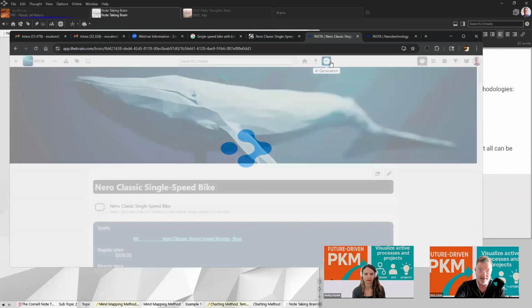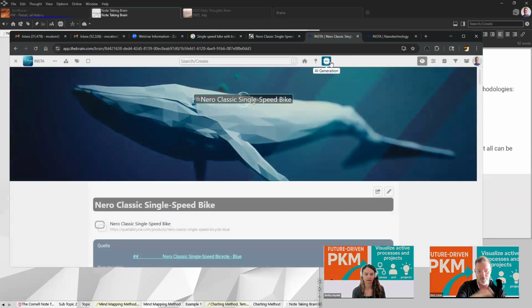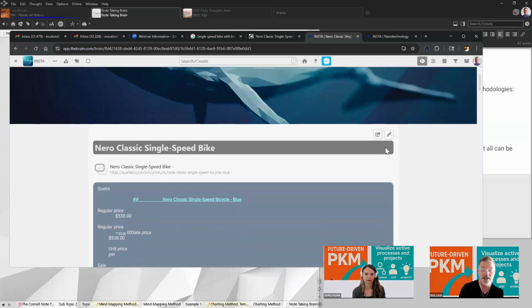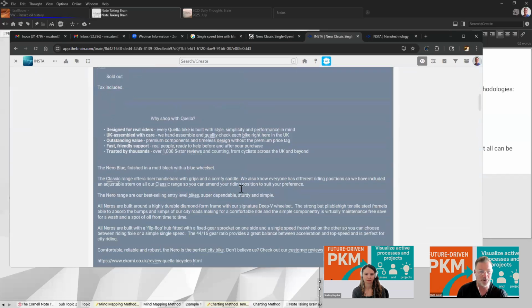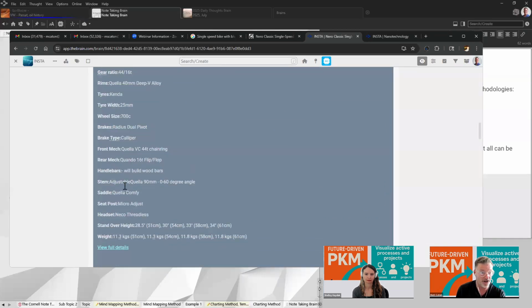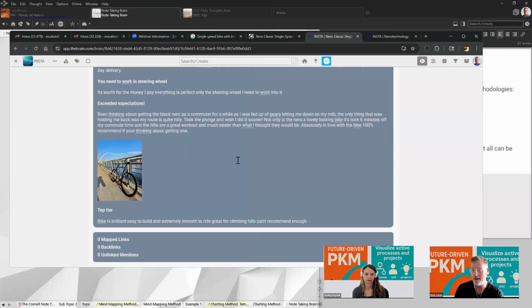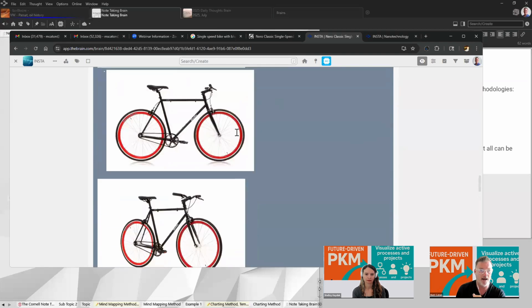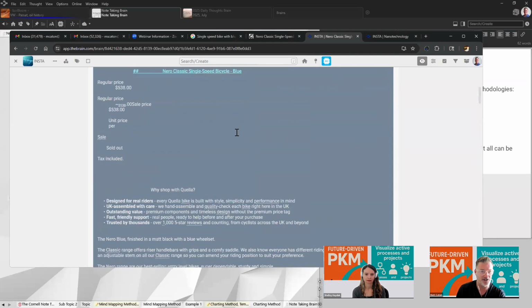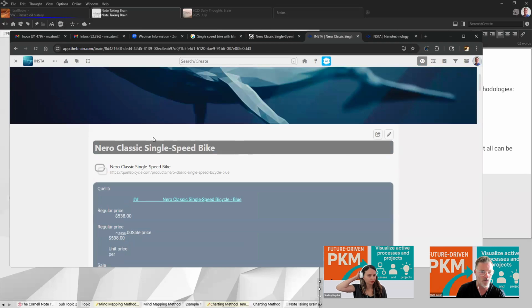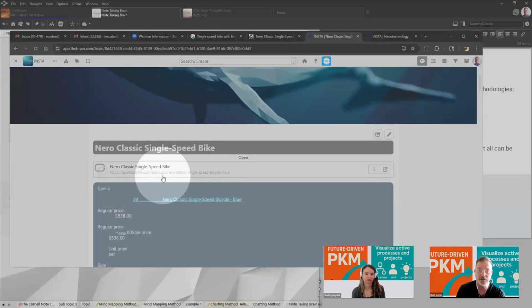And what create is doing is it's sending it to this particular brain. So it's a different brain I had selected. I didn't feel like doing a search because it's searching through all my brains and I've got a lot of brain databases. So rather than making you wait, I'll just send it to this brain, which is a sample brain anyhow. And you can see there's all the note with the will build wooden handlebars note that I made. There's the graphics. This page can go bye-bye, no problem. When it's gone, I'll still have this note. The only thing that won't work is the URL that's attached to this thought.